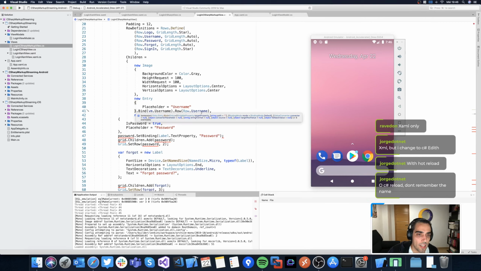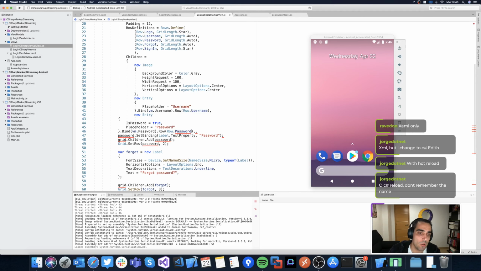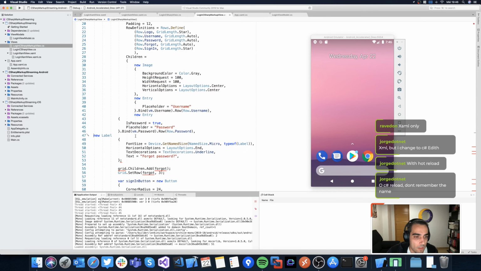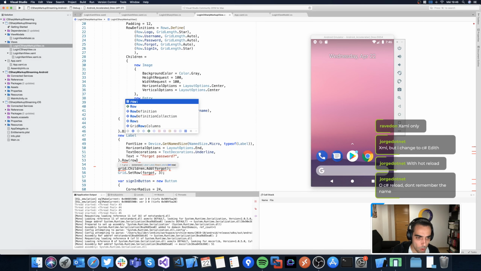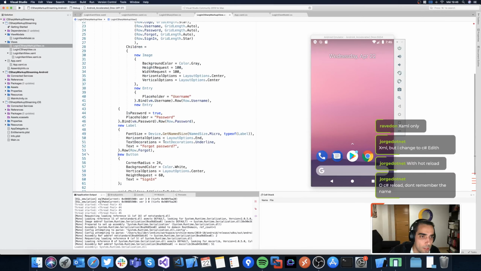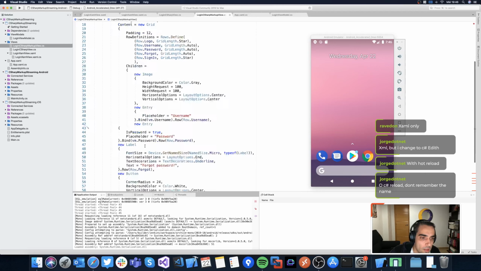But yeah, then the entry, we need exactly the same as in the previous one. We need to set the binding, in this case to the password, and also the row will be the password. So we don't need any of these lines. Then the forgot label, where we need to set the row to row forgot. Cool. And the last thing is the button, the sign in button. So let me include the sign in button. All this needs to be aligned